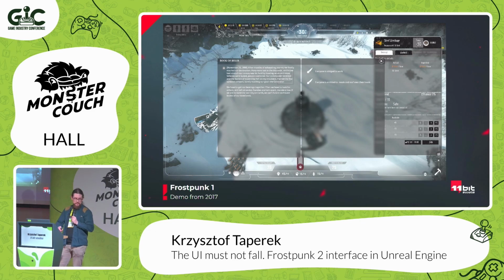When I joined, this is the screen from the demo from the end of 2016. Everything was in theory in place. Okay, maybe not everything, because Book of Laws, which is the very beautiful panel with tree-like structure, looked like this, so there were 2 entries and that's all.